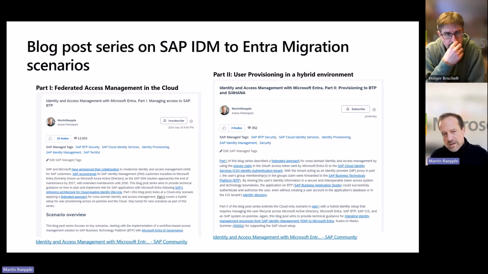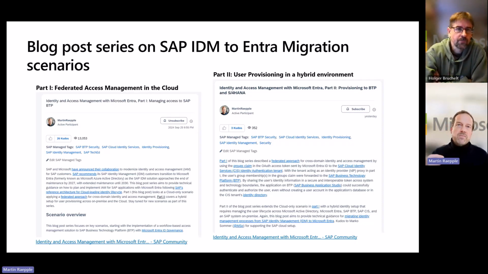Now, we also know that in many SAP scenarios we still require the existence of a user account in the local user directory or user store of the application. Probably the most prominent example is S/4HANA, right? The underlying ABAP server always needs a user that exists in that system in order to assign roles to that user and manage authorization. So there is no way around it, just like we did in part one, by purely federating a transient user with the token into the system that will disappear once the session has ended.